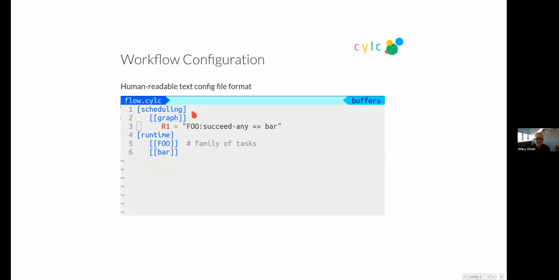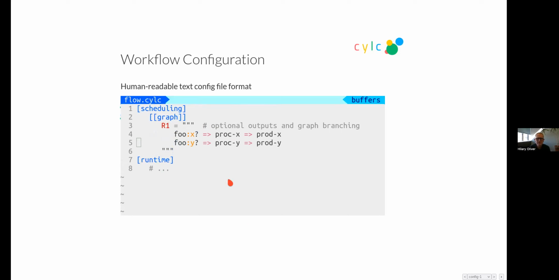You can trigger off a family of tasks all at once. So this means foo is going to be a whole family of many tasks. If any of them succeed, I'm going to trigger bar. And there are various other ways of triggering off families. So I'm just running through all the options here. You can also have custom outputs from tasks that trigger other tasks.